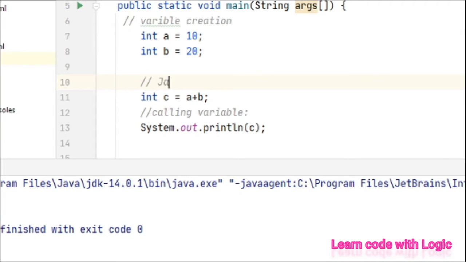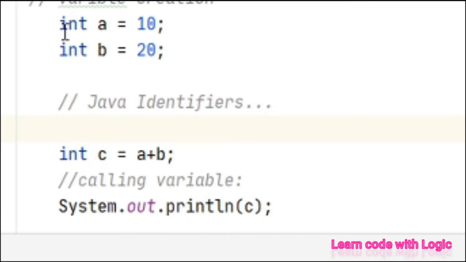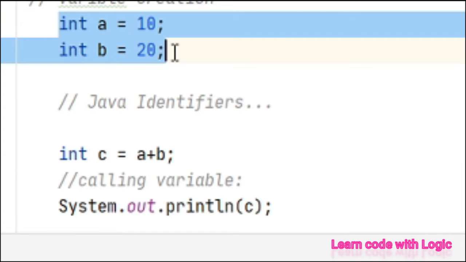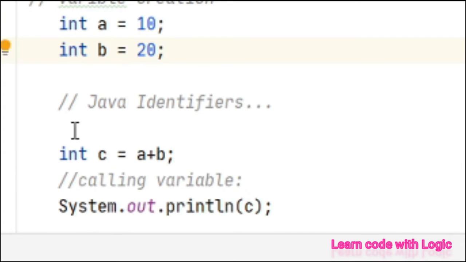Now let's see the concept called Java identifiers. Java identifies uniquely, meaning you are not going to give any duplicates or assign any duplicate variables. Let's see here, because you already gave int a and b variables here.